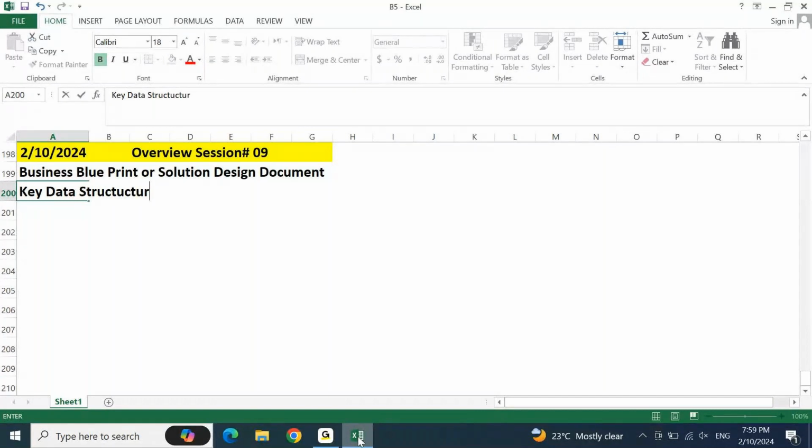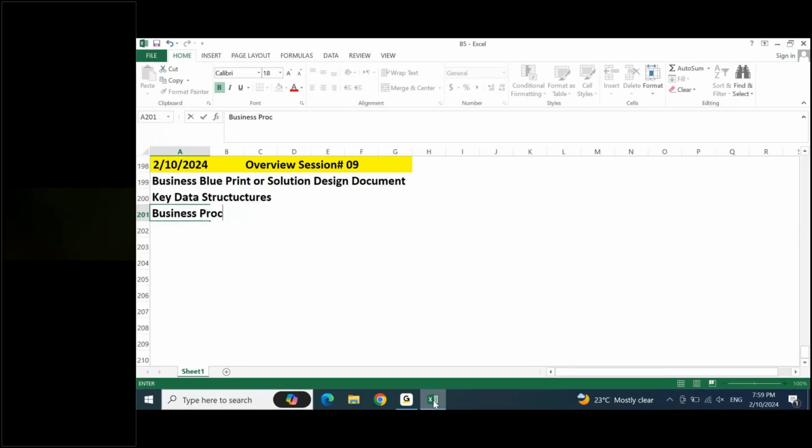Along with this document, you are going to have one more document called key data structure. And apart from this, there will be one more document called business partner, business process master list. This is nothing but your BPML document, and this is your KDS document. These are nothing but your BBP or SDD. These documentations will have to be prepared, will have to be kept in handy before you start working on the